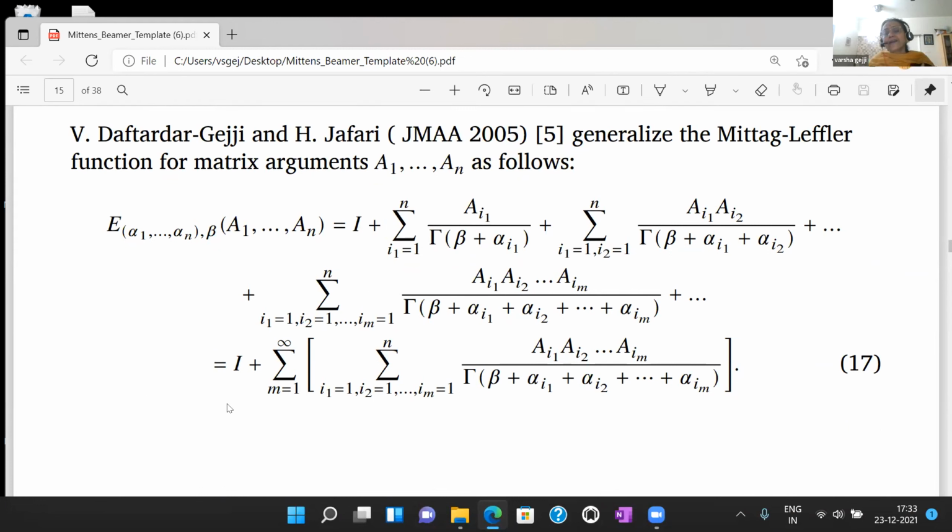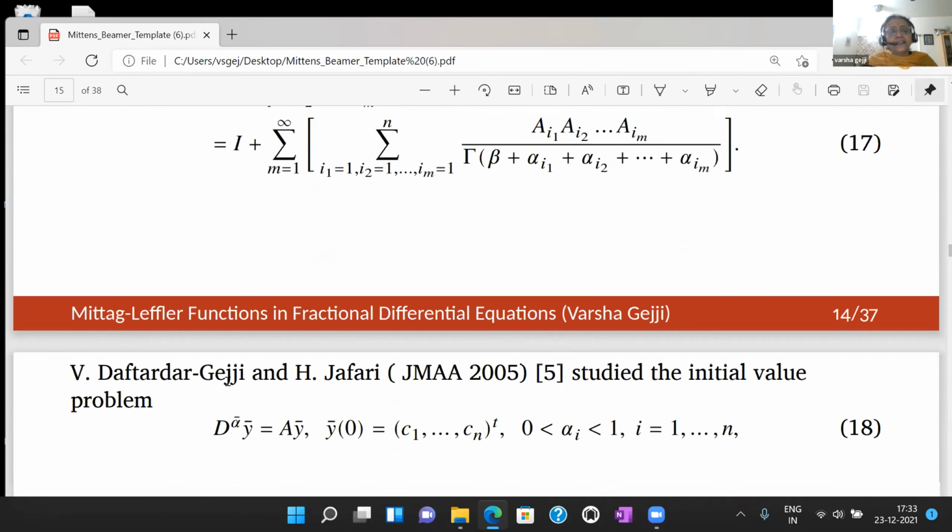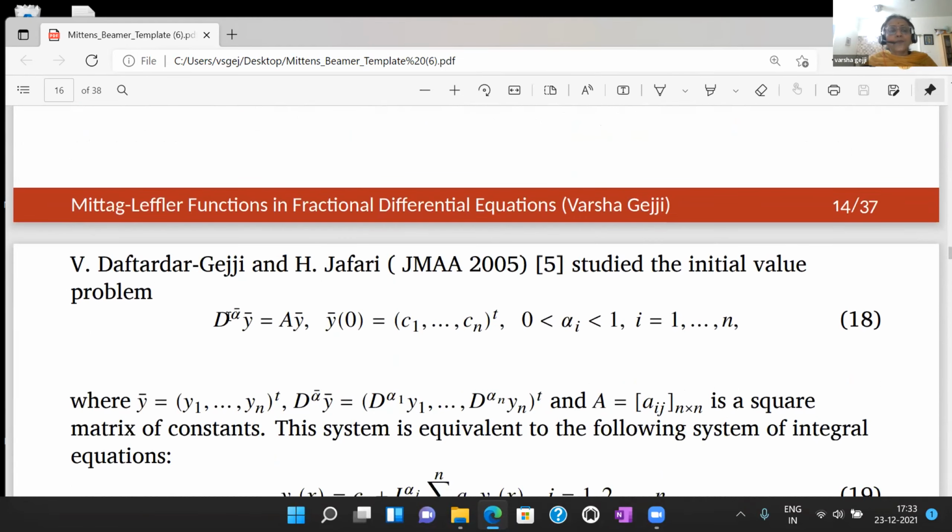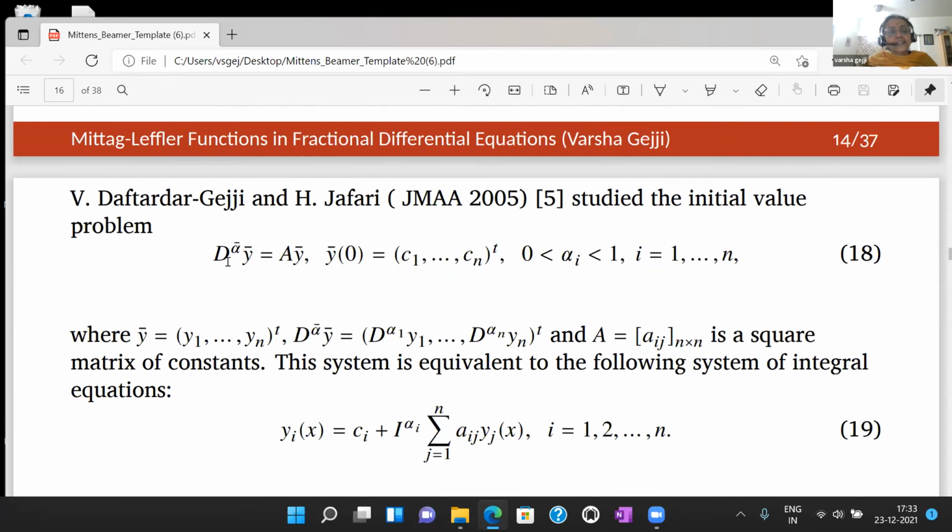Now this is not just an academic exercise. Interestingly, in this paper, what we observe, if you consider a system of equations where alpha bar is having this variable argument,